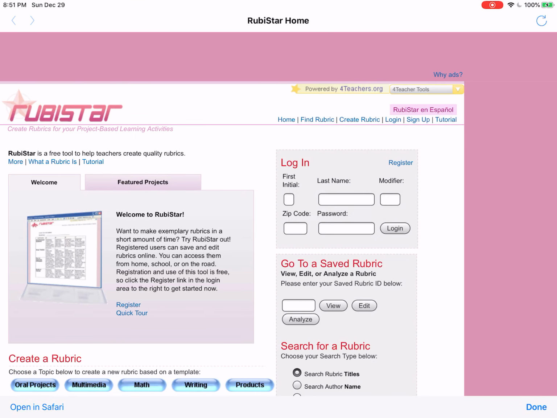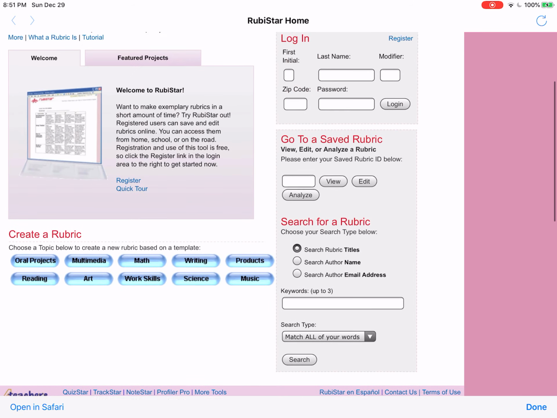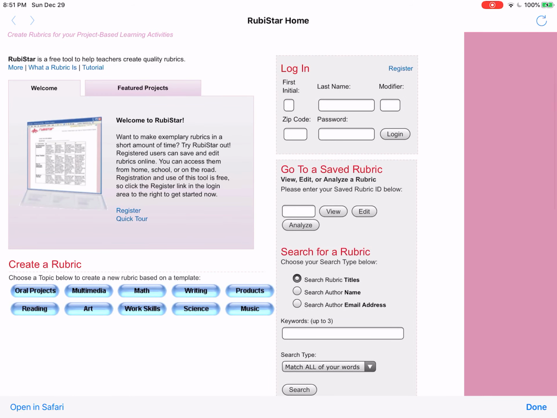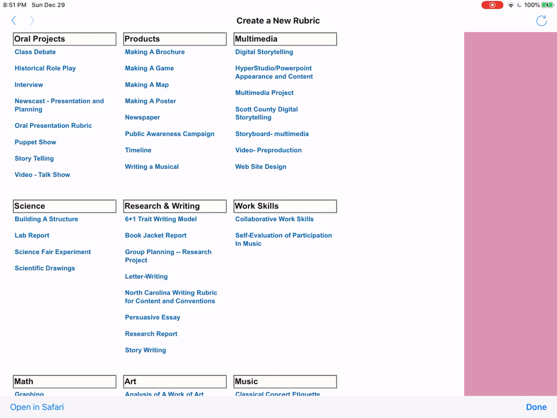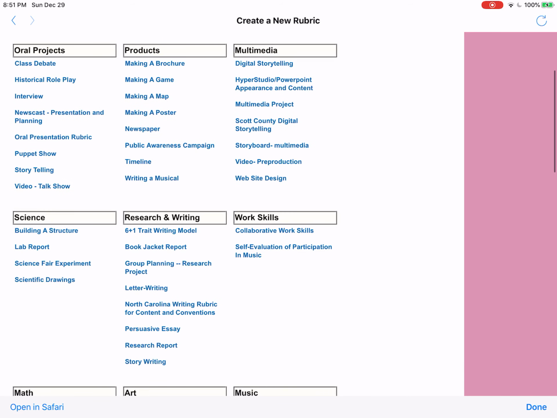It opens up the web page. Now this one here, I'm just going to scroll down. You don't have to log in or register. I'm not registered or anything. I'm just going to go to Oral Projects here. And you see lots of different ones here. I'm just going to say that this one's an Oral Presentation rubric, that one. And what I like about this site, I better press that again,